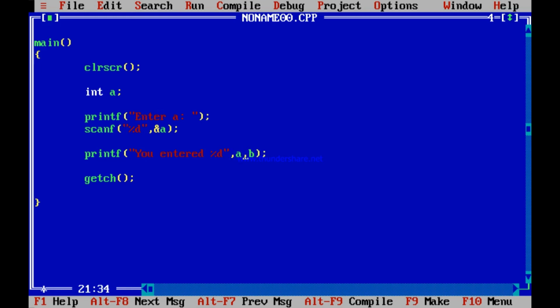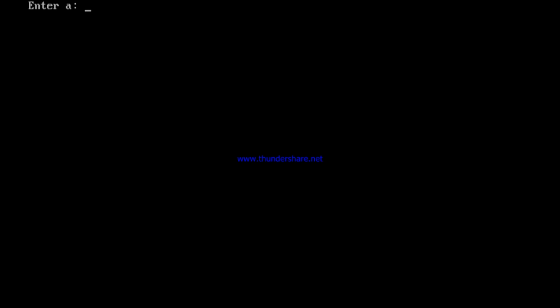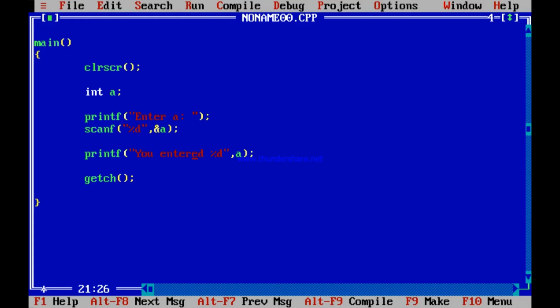That is, you entered A. There is nothing else in this program. I scan A and I tell you have entered A. Let's see. Just enter A: 6. You entered 6. But I can do one very interesting thing over here.